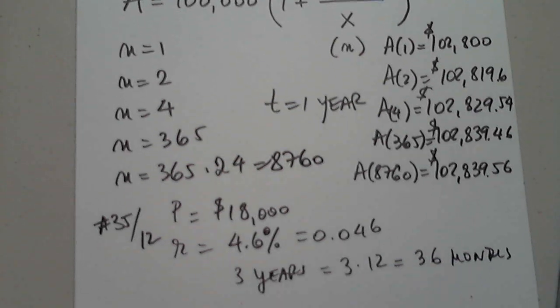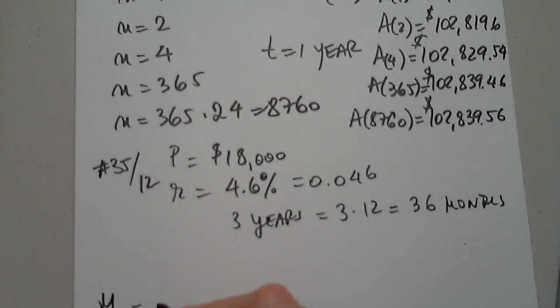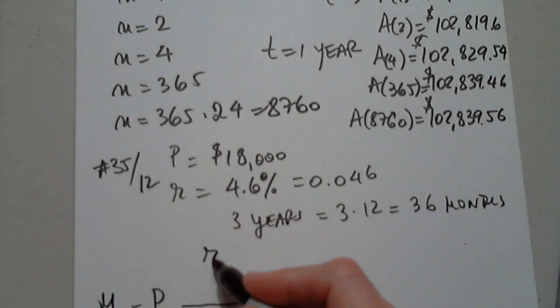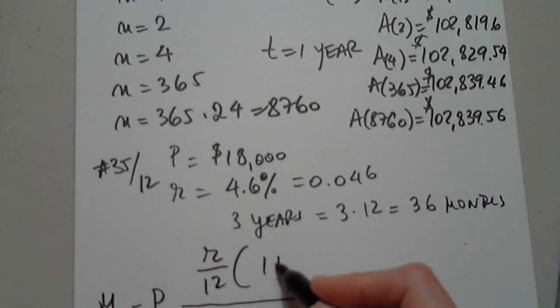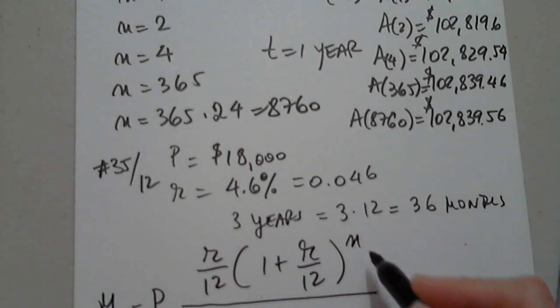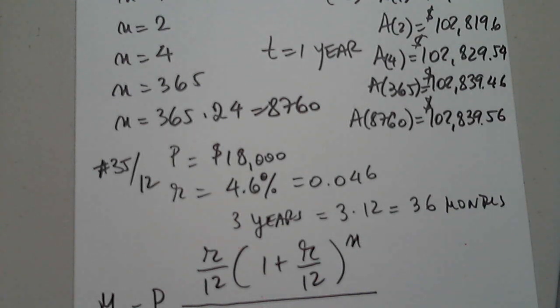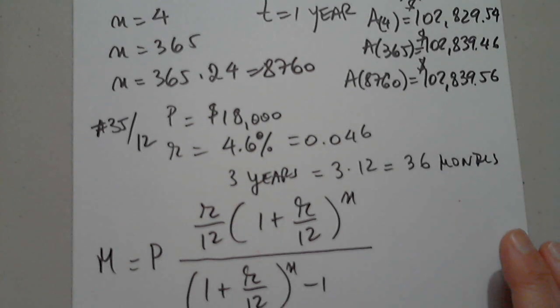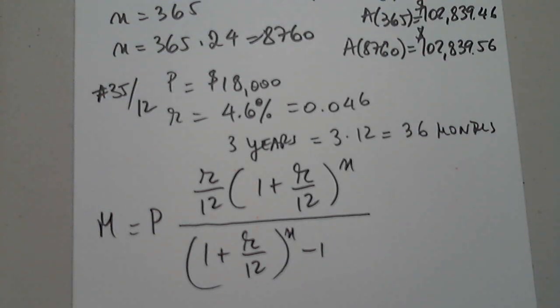I'm going to copy the formula. So M equals P. Very cumbersome formula to work with, especially to put in the graphing calculator. R divided by 12, 1 plus R divided by 12 raised to power N, N in the denominator, 1 plus R divided by 12, power N minus 1. Here it is. So let me